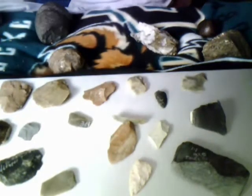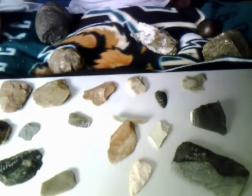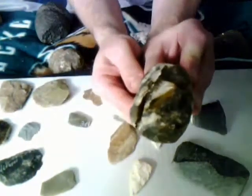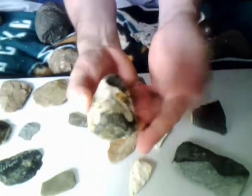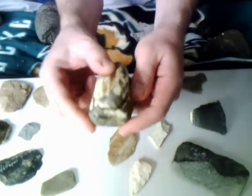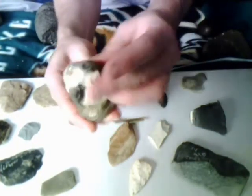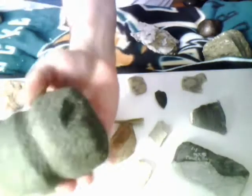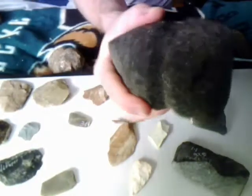Here's a piece that I actually picked up on a beach in France. You'll see it in a sec. It's also chert or flint, and this is the beach in Dieppe where the Canadians landed in 1942, and how the people who organized the raid felt that the tanks and landing craft could go over these huge pebbles is beyond me. In any case, if you hammered this